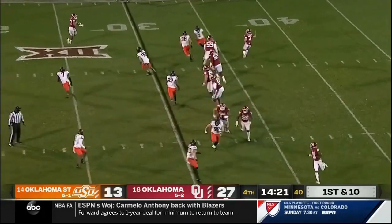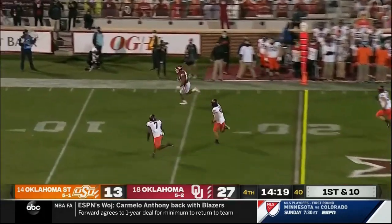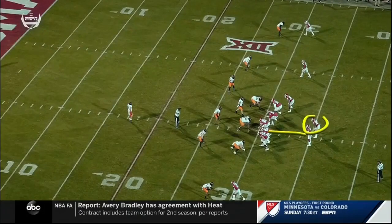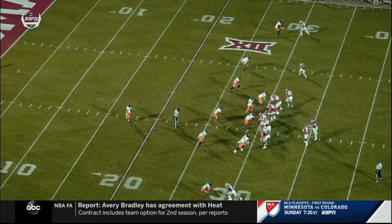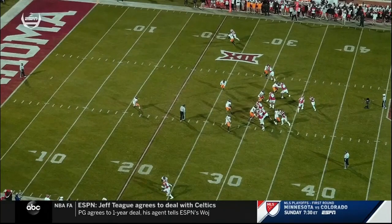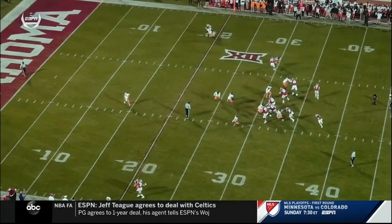Here's a little trickery. And the quarterback flips it in the flat to Jeremiah Hall. The left guard here, they go direct snap. They're going to bring a receiver. You think they're going to maybe hand it off, but instead he fakes it, and now you're going to put this defender in a bind, because what are you going to do? You're going to stay with Hall, or are you going to take